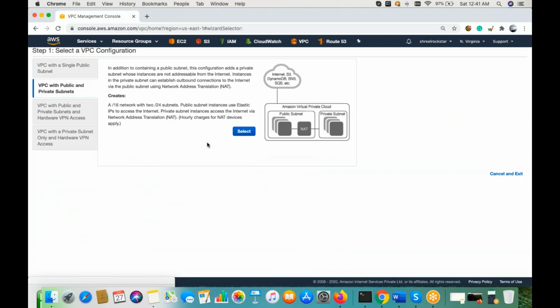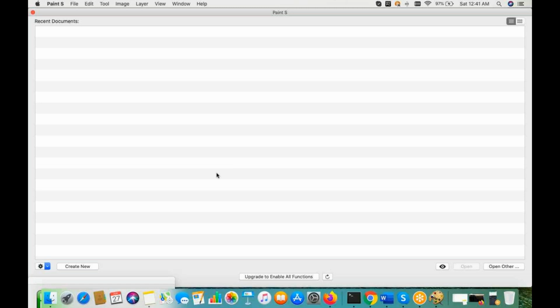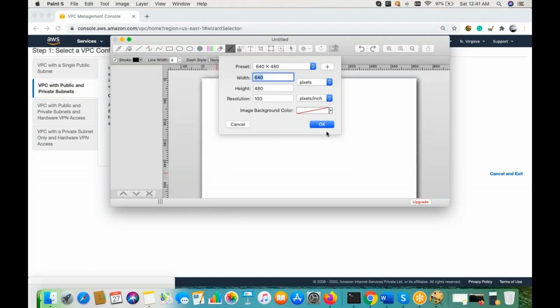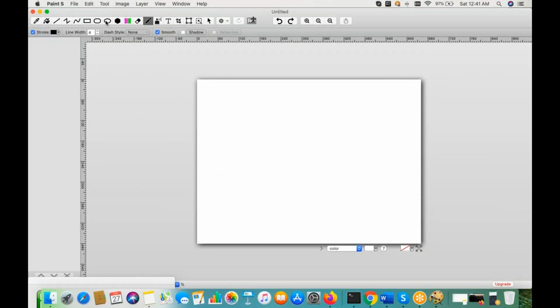And I'm selecting another option today, with the public subnet and NAT in between that and the private subnet. So guys, let me try to give you more understanding of what exactly we are seeing on the window, like the picture. So if you see here, let's say all the users are available on the internet and they are hitting your website, which is abc.com.